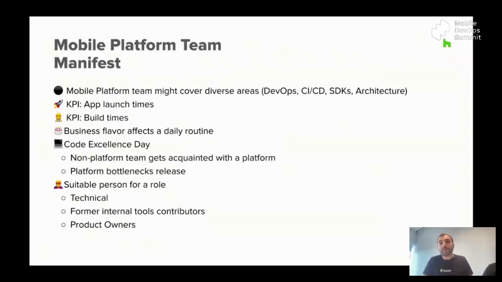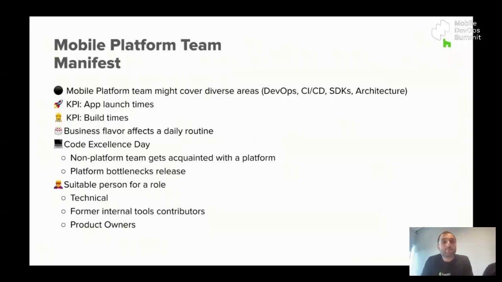And regarding the engineering KPIs, there are some that are relative to us, such as the application launch times, which actually affect the end user experience. Also, the architecture of the app, which eventually will affect the build times. If you remember when we started our presentation with this mobile platform context, when you have two apps with multiple complex features, this influences the daily routine of our work in the mobile platform team. In some other organization where the product is less complex but the number of applications is much higher, their platform processes will look completely different.